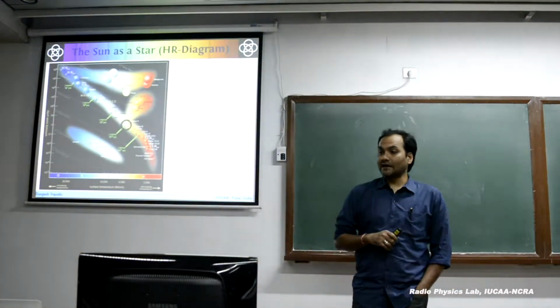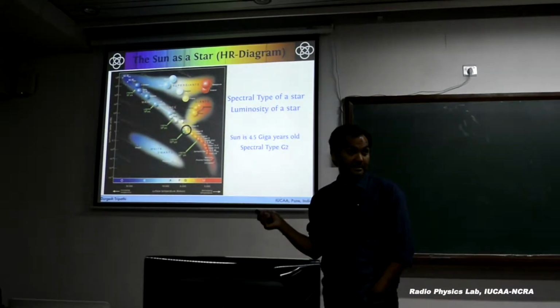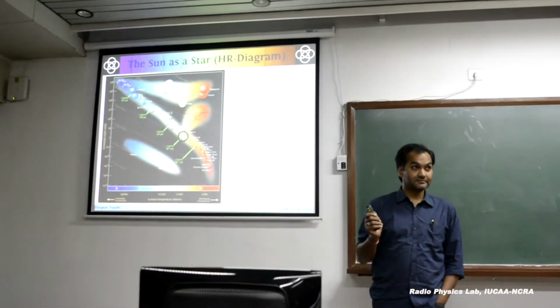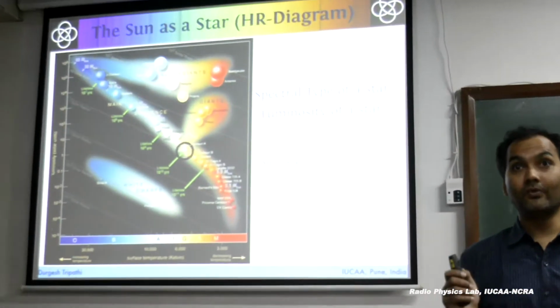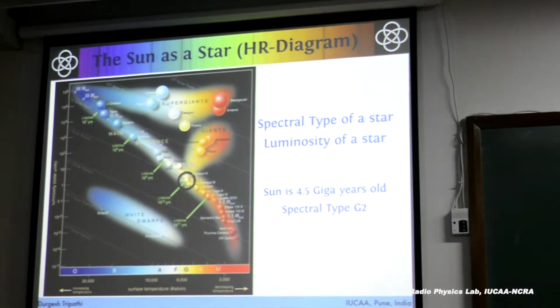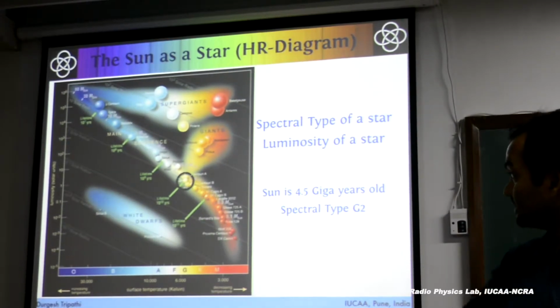The other thing is that, I'm sure you have seen such a diagram by now. Not yet? Not in school. Not here yet. Okay. So this is called the Hertzsprung-Russell diagram, and what it shows here is the